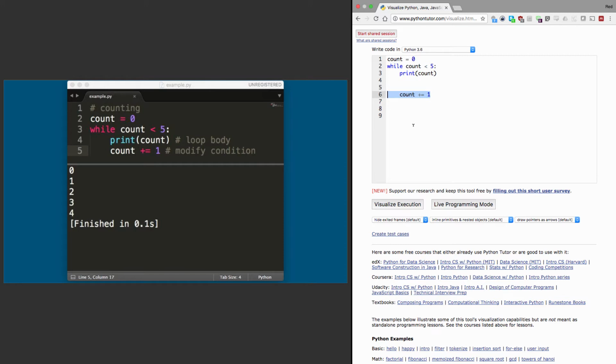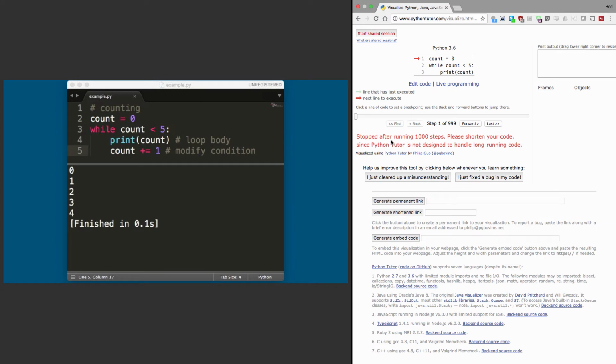So what happens if we do forget it though, right? So let's get rid of it. And if we visualize this, we can already see that Visualize Python sort of detected that there's going to be an error. It stopped after running 1,000 steps. So that kind of clues me in that this thing's going to run for a very long time. And if we start stepping through it,